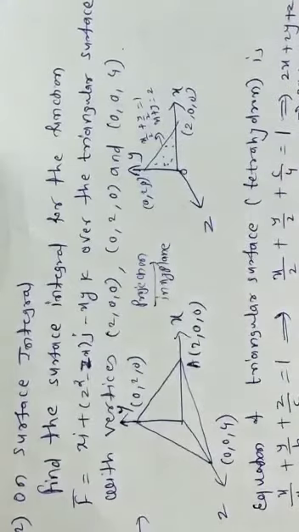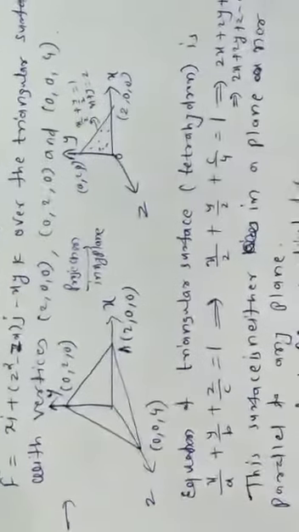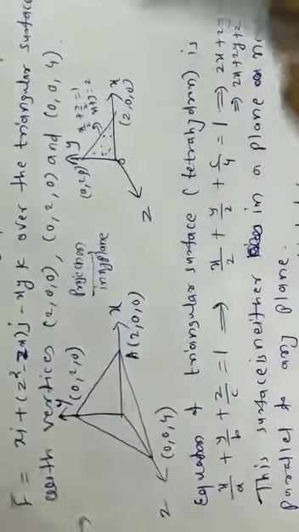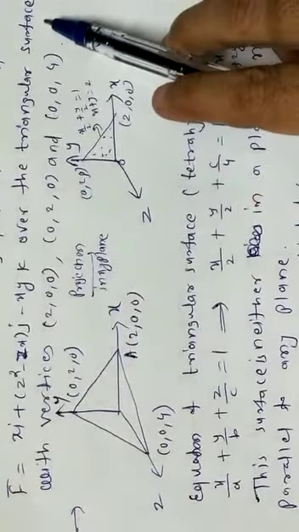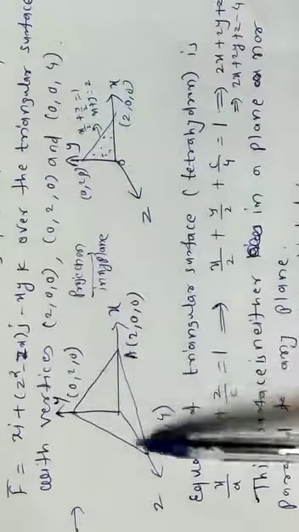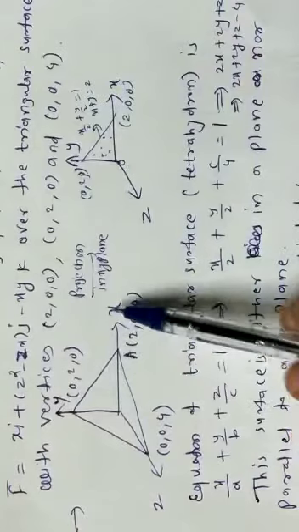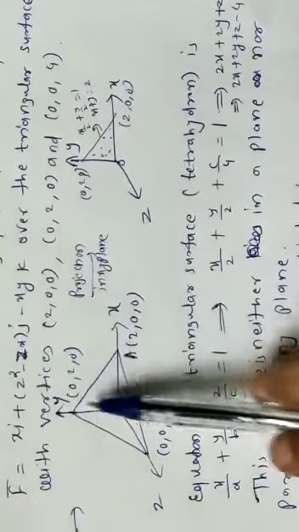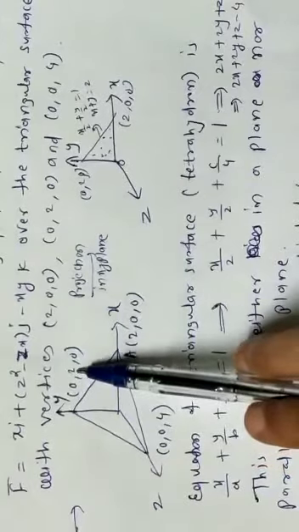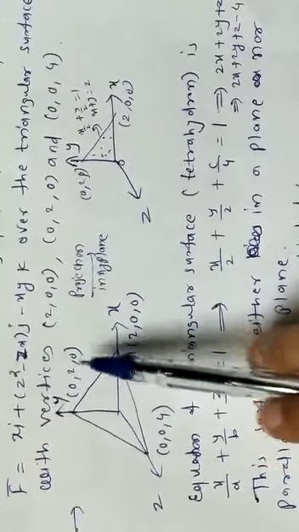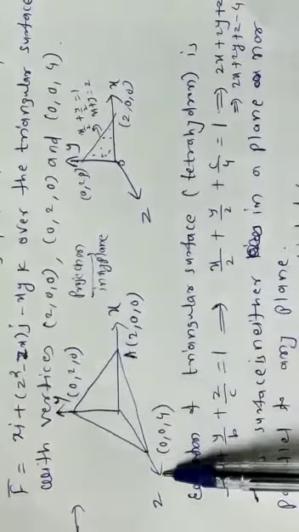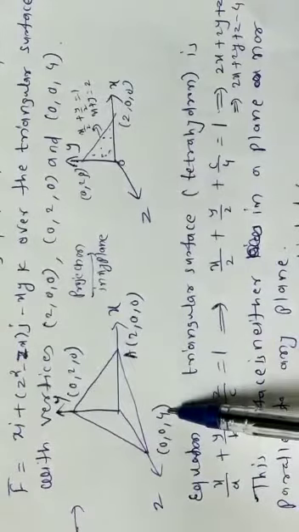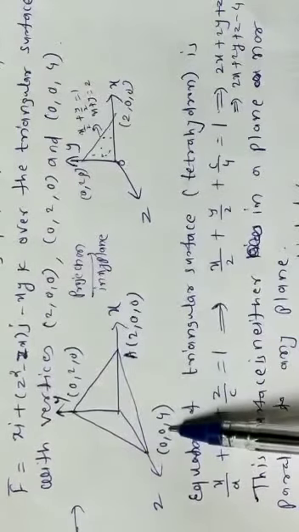Now this is a little bit different problem from the previous one. See what happens students. When we talk about the triangular surface, that is tetrahedron, it looks like this because this is x axis. So here x coordinate is 2, remaining 2 will be 0. On y axis, y coordinate will be 2, remaining 2 will be zeros, and similarly on z axis, z coordinate will be non-zero, that is 4, and remaining 2 coordinates will be 0.